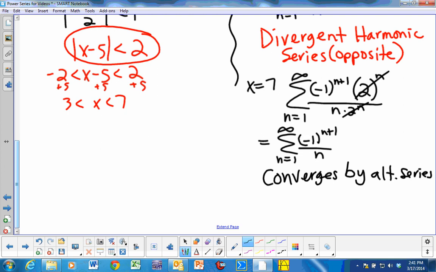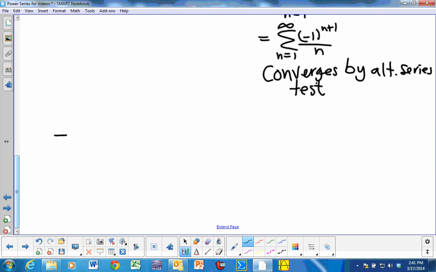The limit's 0 and it's decreasing. So as long as you can just say that and it's pretty obvious. Now if you started having a whole bunch of terms in there and it was not obvious it was decreasing, or it wasn't obvious that the limit was 0, you can't really say that. But here this is one we've seen before and we know this converges. Okay, so what that gives me all together then is all of these things tell me that this series